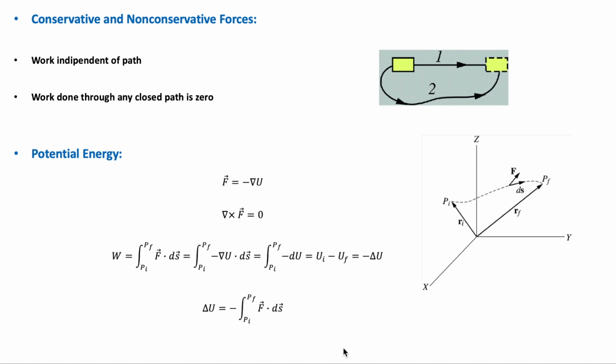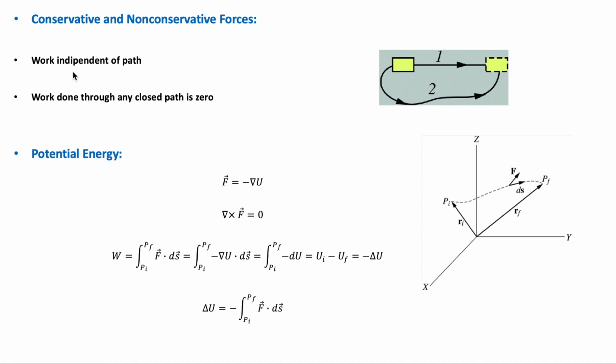So as a result, the total energy of the system would not be dissipated, instead it would be conserved. So this is why it is known as a conservative force. And if the force does not act in this way, it is known as non-conservative. So a property of a conservative force is that the net work done by a conservative force on a particle moving from one point to another